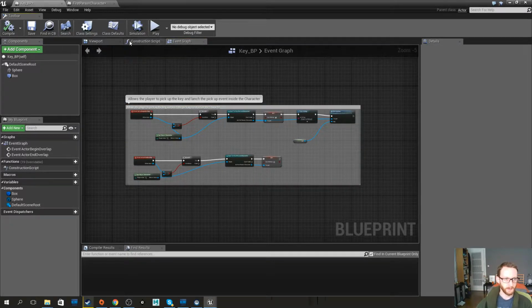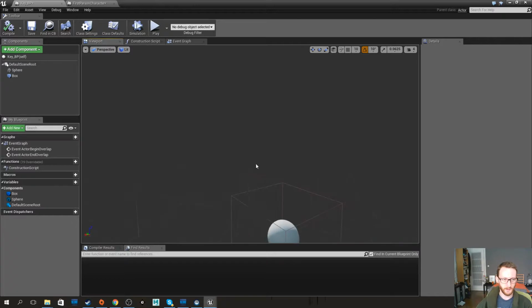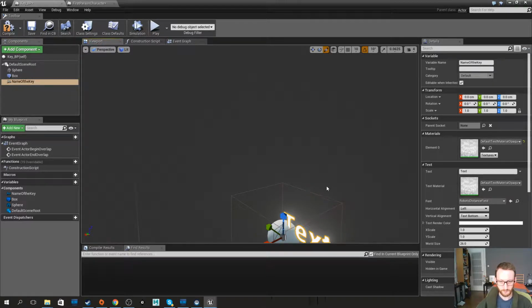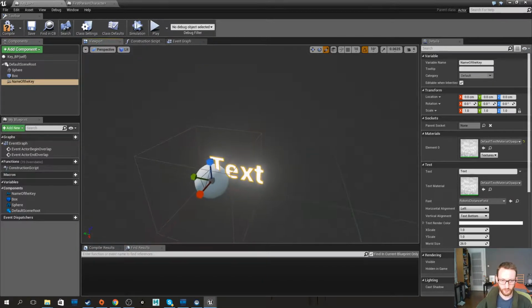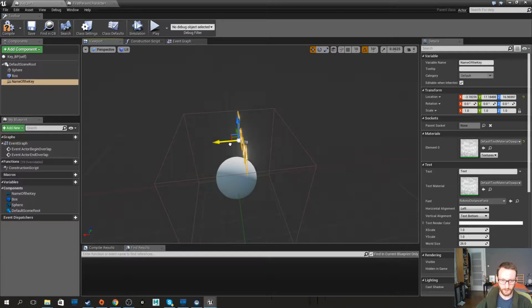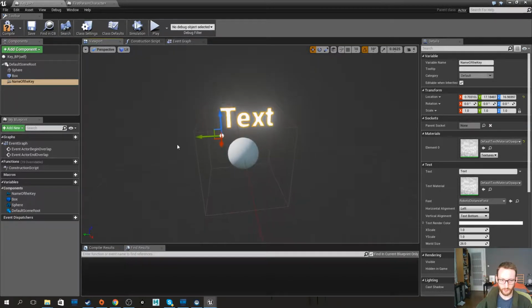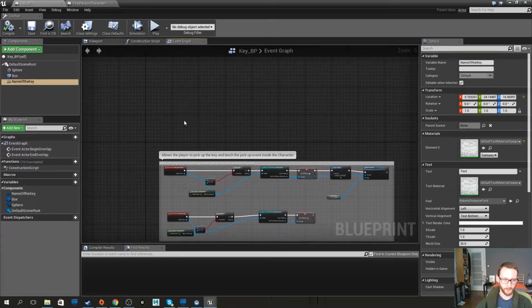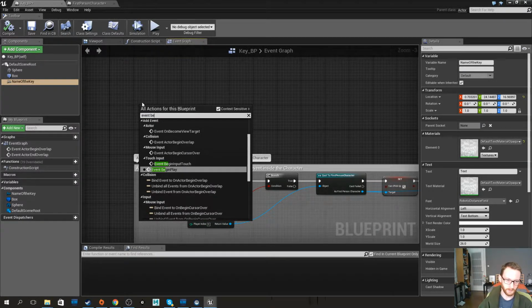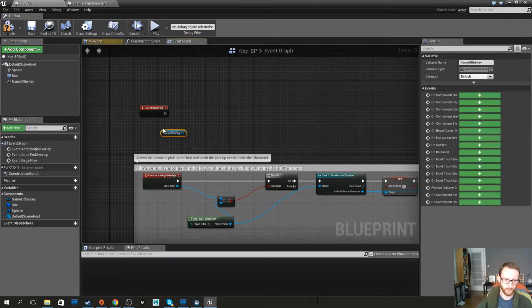Okay, and so we have our little key, and we also want to add a text, name of the key, it doesn't really matter. Once again, this is really ugly. It's just to show you the logic behind, then you can do whatever suits you more. So we just want to say begin play, event begin. We just want to set the name,